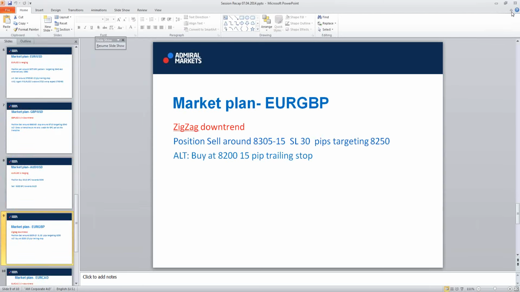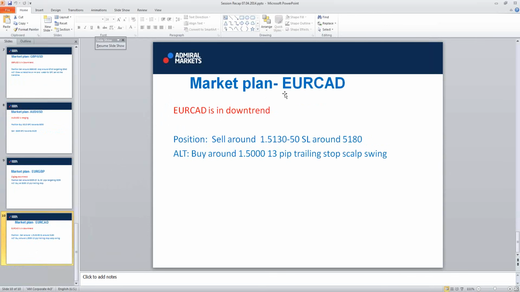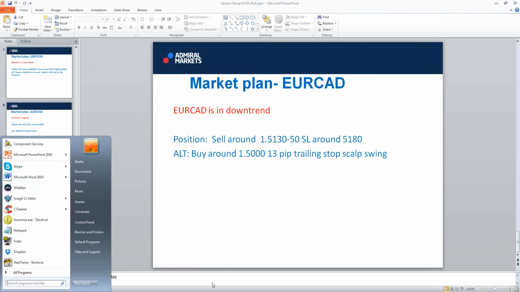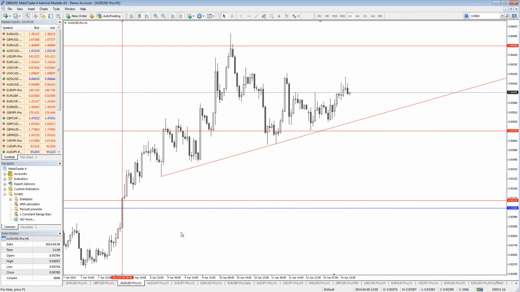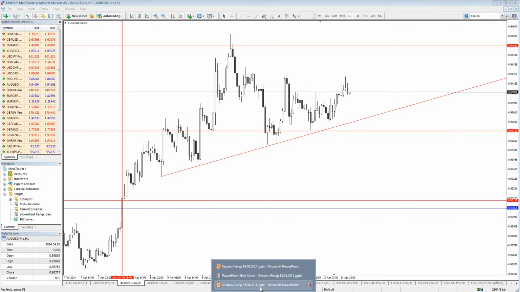Then Euro GBP wasn't qualified. Both of those levels didn't qualify, unfortunately, so I cannot take this trade. We basically didn't have any setup. The same was true for Euro CAD. Unfortunately, we didn't hit any setup, because of how it works, when I put these levels and present them to you,